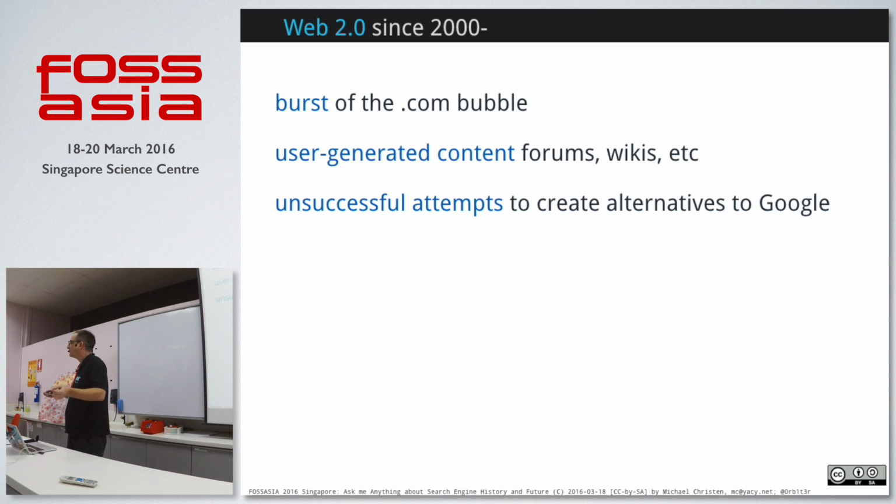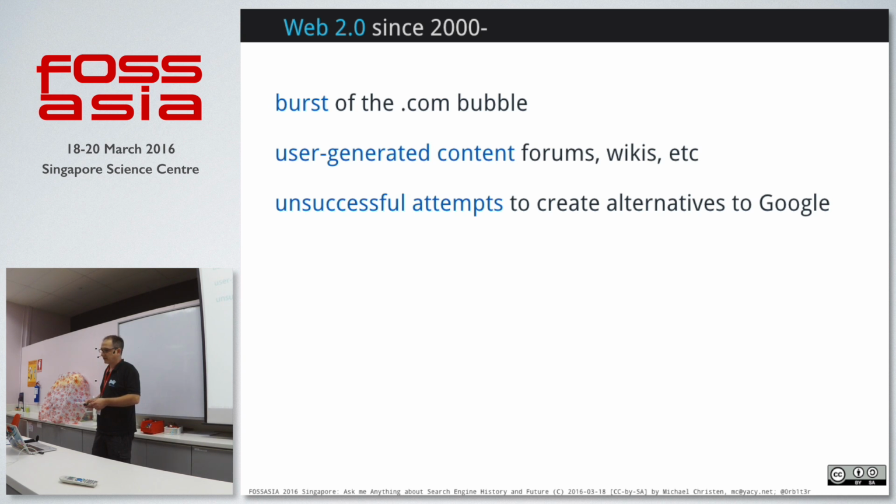There was no point to go to this page, but everybody wanted to have a pixel on this page. So there had been so many strange ideas until 2000, and finally people found out that it's all rubbish. And the Web 2.0 started with user-generated content. Before this time, people didn't generate their content themselves, like putting something in a wiki or putting a comment in a forum, because these systems hadn't been there. And that started